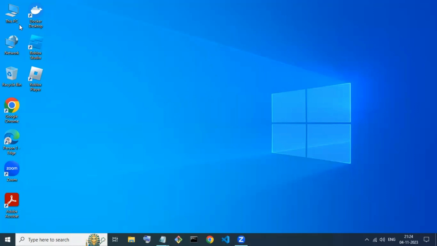If you hover on icons, that icon gets highlighted. This is one kind of input which is processed by our operating system: whenever the mouse comes to the icons, highlight those icons. The second input is a click on that icon. Whenever there is a left click on the icon, it gets selected.